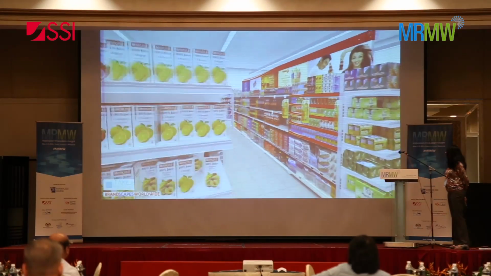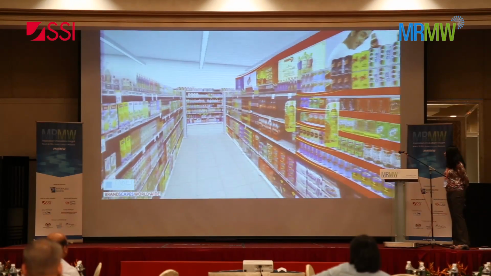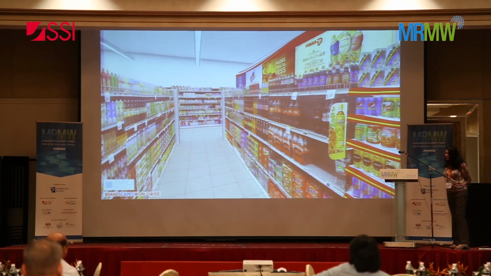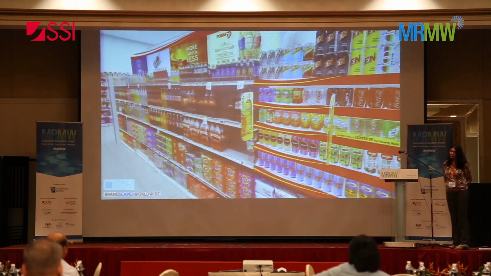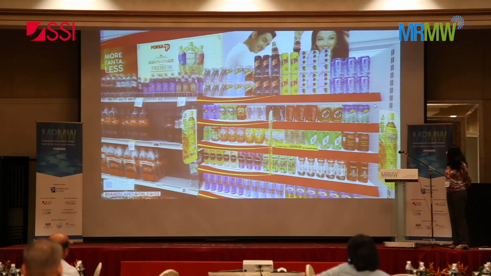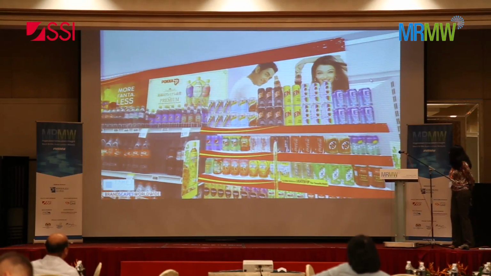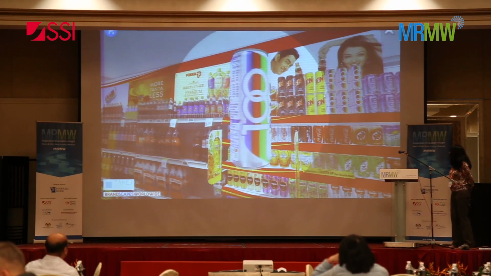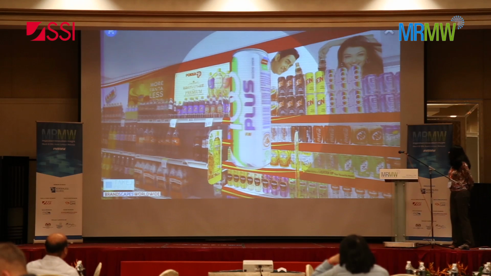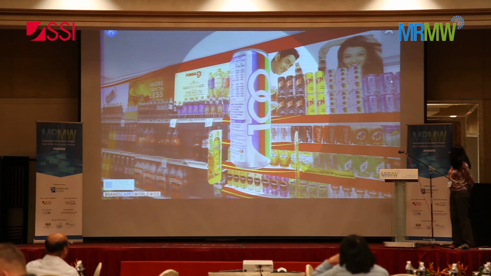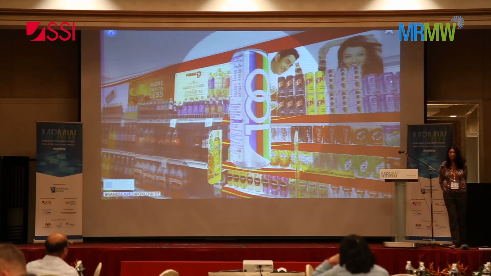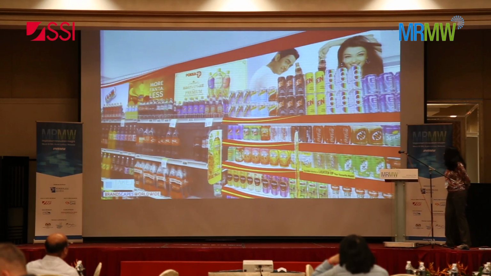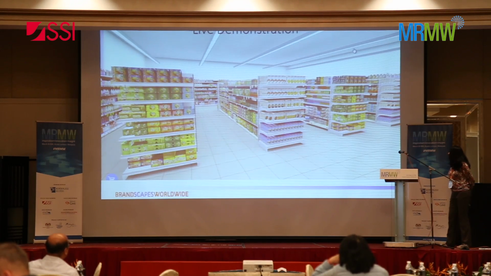This is quite a dynamic environment where we give the shopper a joystick with a rod attached, which mimics a shopping cart. Any shopper feels pretty natural pushing and pulling the cart, and that's how they move through this environment. If I click on this bottle, I can turn it around, pick it up and put it in the basket just like you would normally do. We have also overlaid this